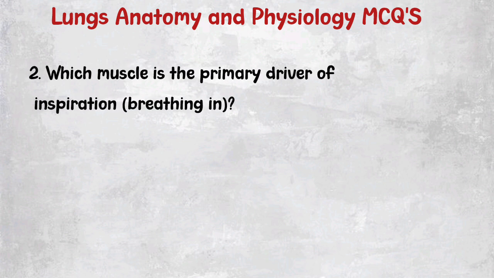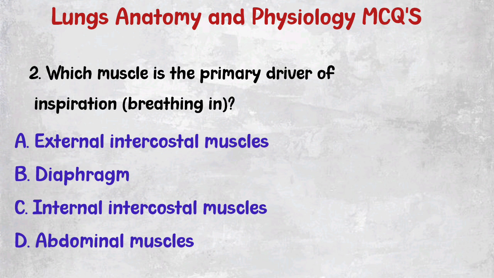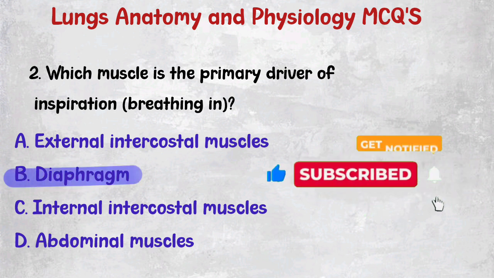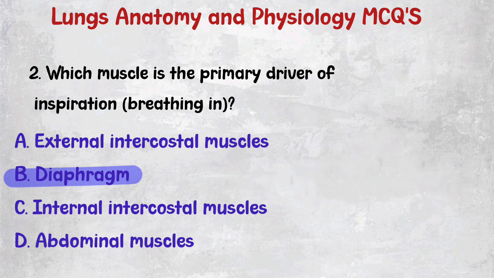Question number 2. Which muscle is the primary driver of inspiration, that is breathing in? We have A, external intercostal muscles, B, diaphragm, C, internal intercostal muscles, and D, the abdominal muscles. Now you can go ahead and pause this video to guess your answers. So our answer here should be B, the diaphragm. The diaphragm contracts and flattens during inspiration, and with this it creates a negative pressure that draws air into the